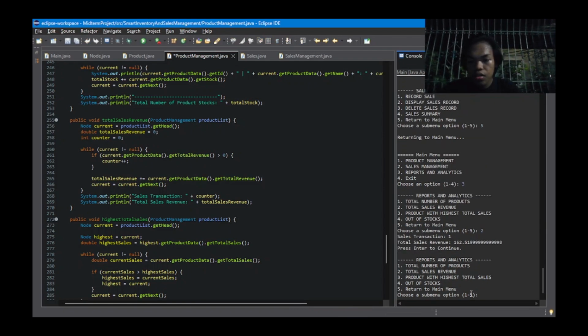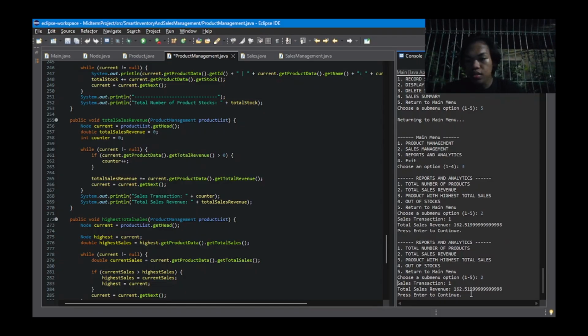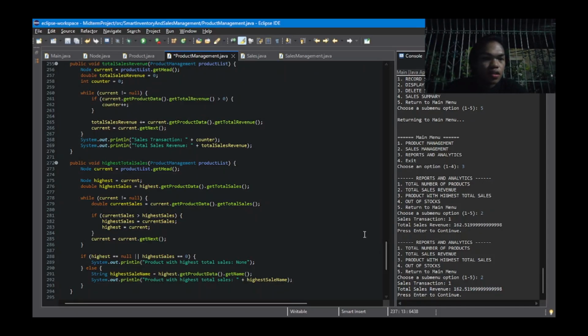If we do this, and yes, it will appear the total revenues of sales. And let's move on to highest total sales. This will display the highest total sales of a product.